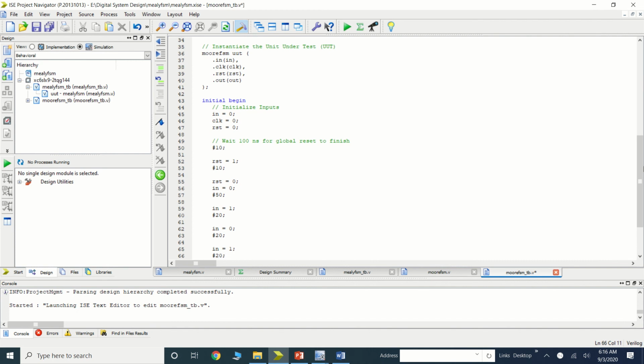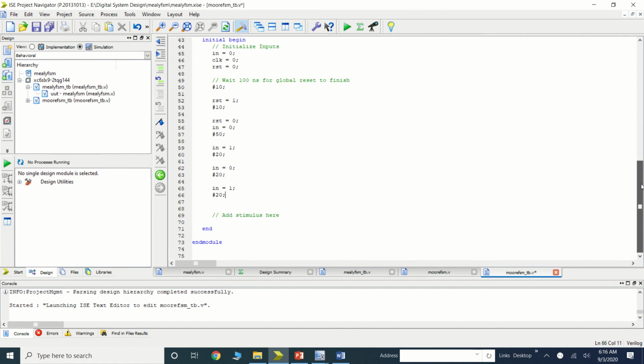Okay, so here we have applied the input. Now let's generate the clock. Always clock, you can set the duty cycle of the clock by changing this time period. Okay, so now I am selecting this TB.